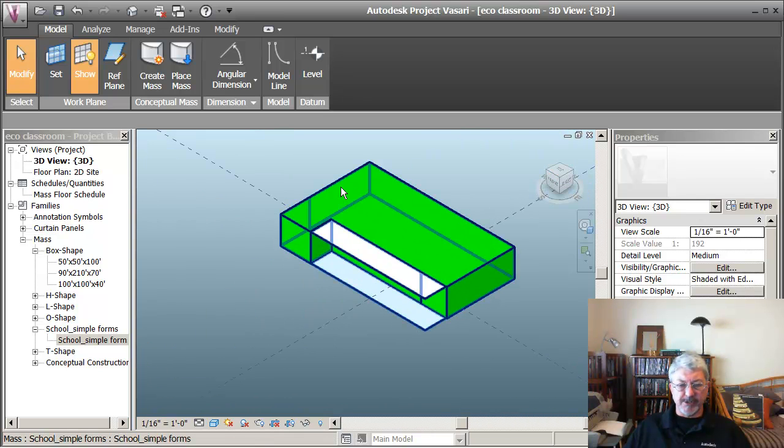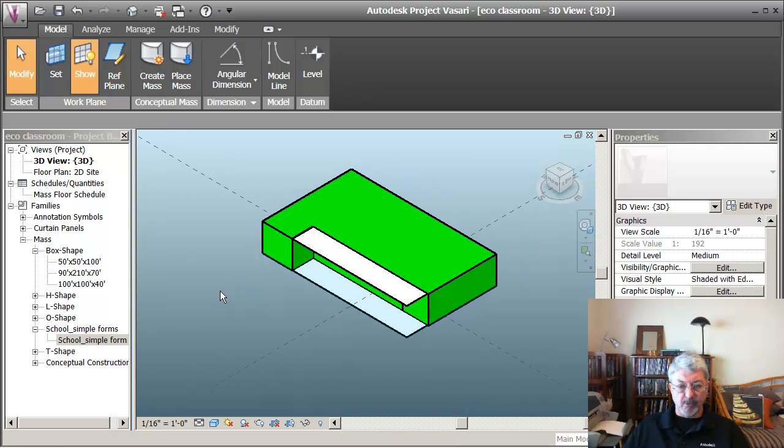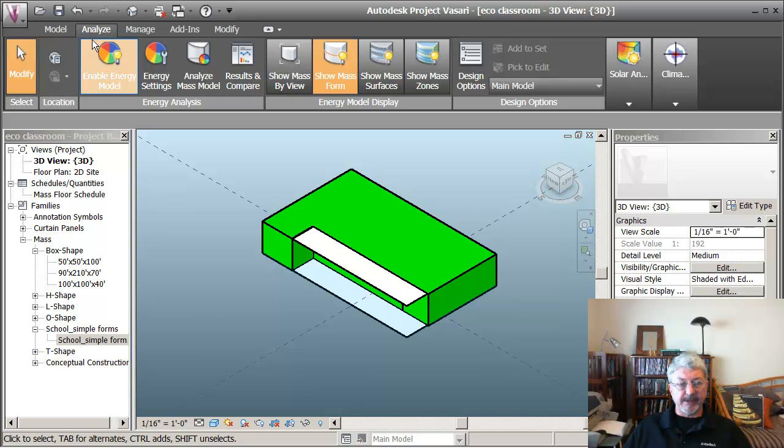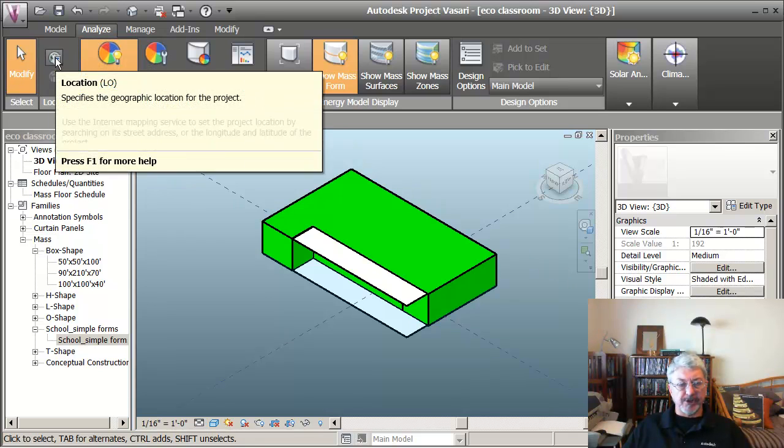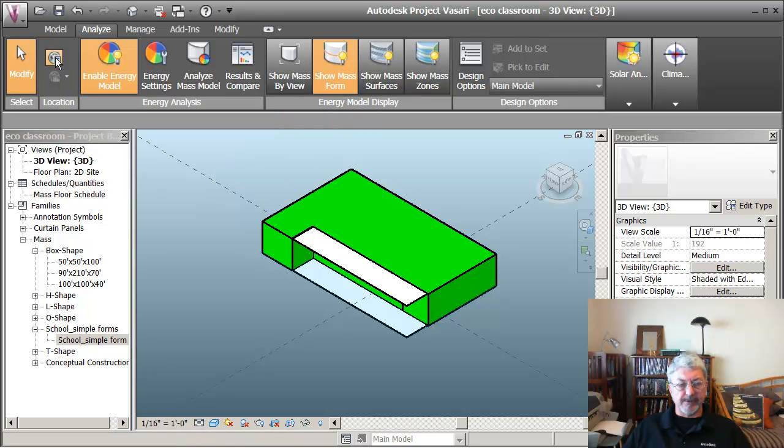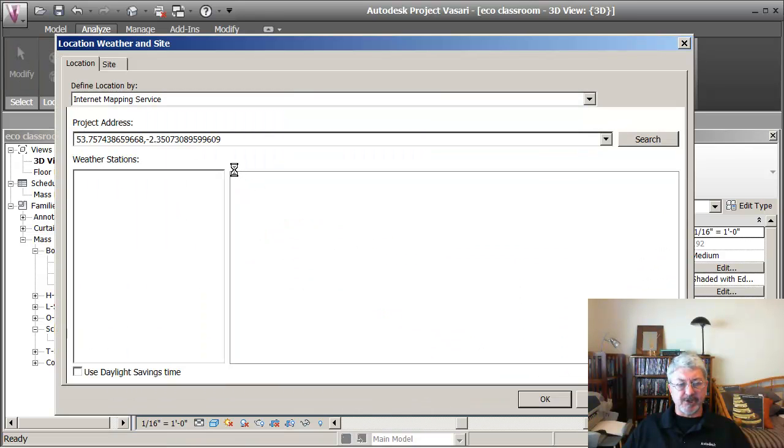And I color coded the area of the classroom just to make it a little more obvious what I was working with, just one volume. The first thing I want to do now is I want to go to the Analyze tab. A little difference in 1.1 is the location icon's a little smaller, but when I click on that, I'm actually already